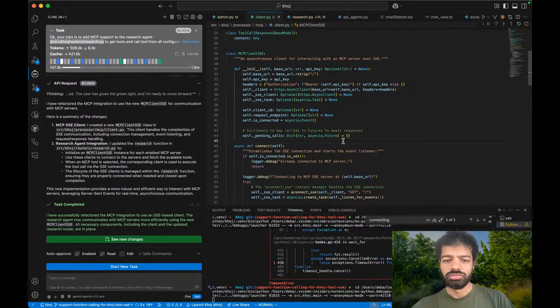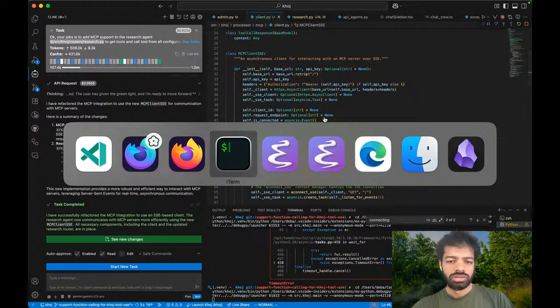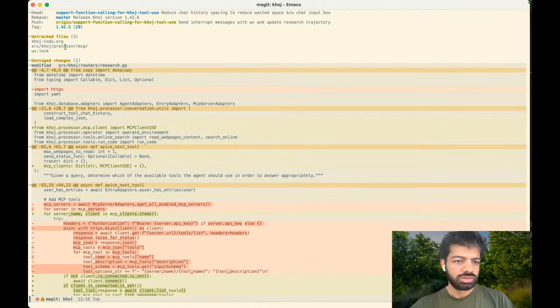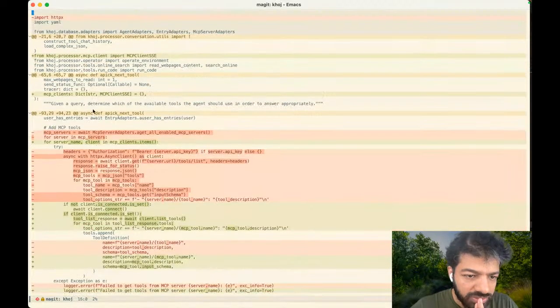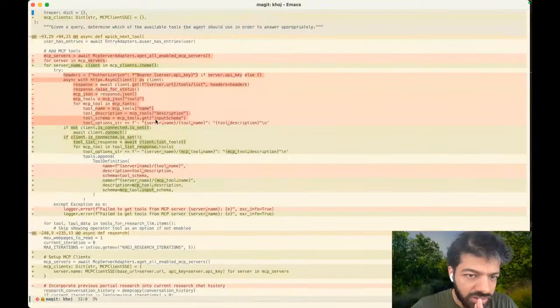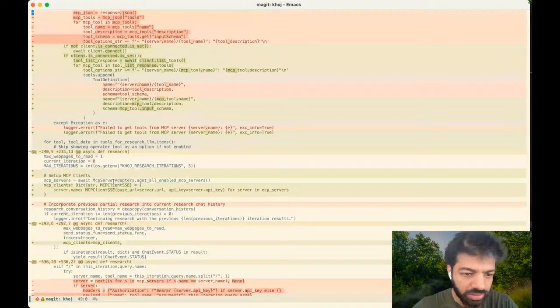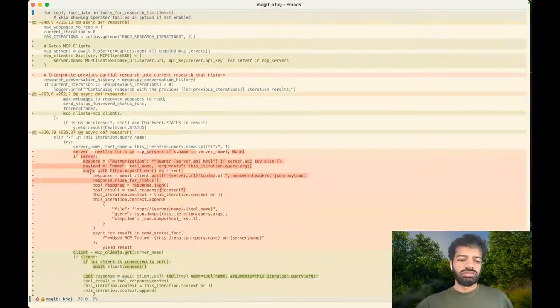I think I stopped it. But let's see where we're at with the on-state changes. Okay, so here, it added a client, and apart from the client, it started using the client here, right? Like if the interaction with the SSE server works fine, this is